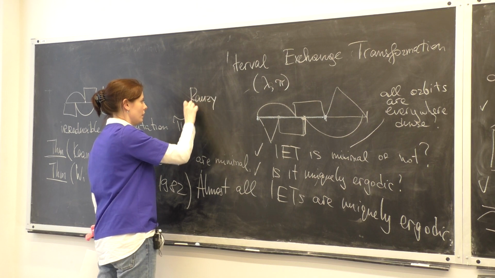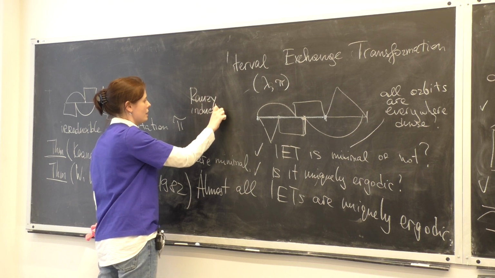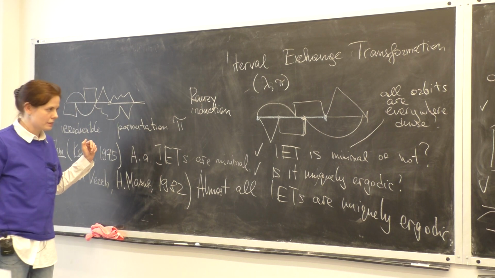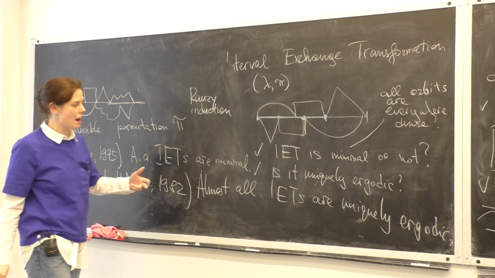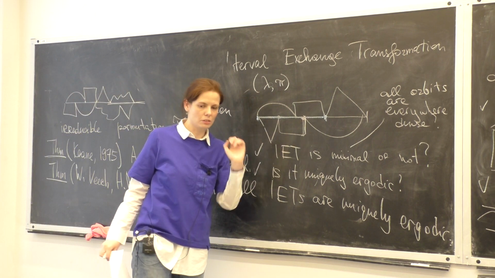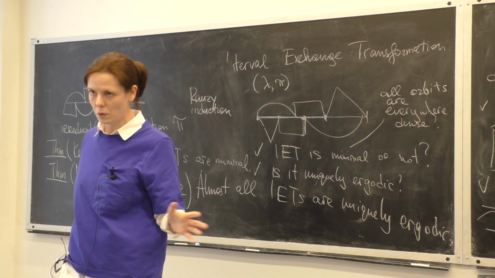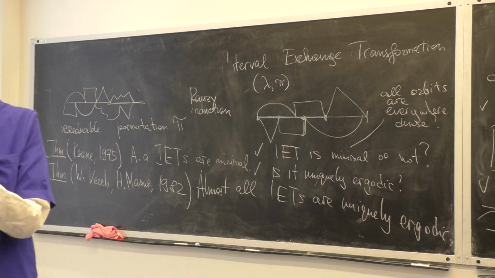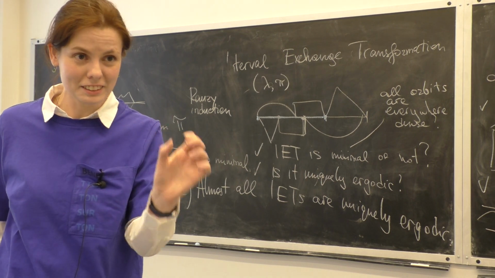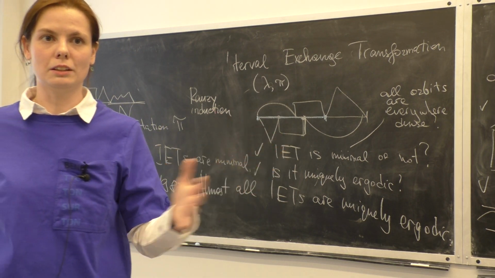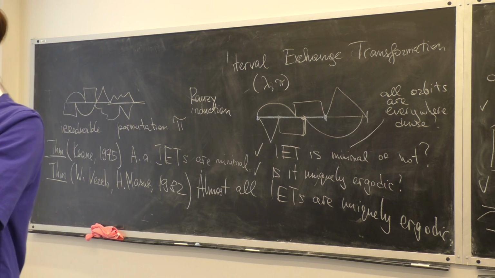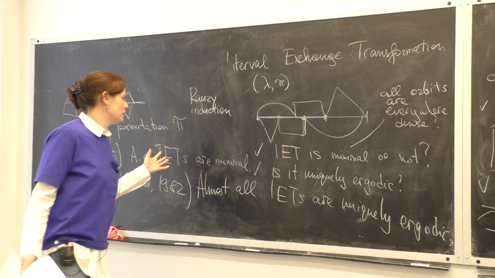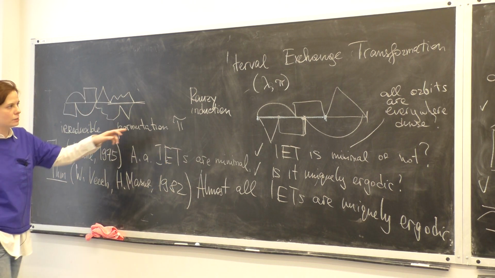So if you do not have any rational relationships between the lengths of your intervals, and so Keane's condition is satisfied, then you can run your Rauzy induction for as long as you want, and so it will allow you to build an interval exchange transformation on a very, very tiny interval, and so you are sure that you have minimality because you can enter every small neighborhood. Otherwise, you don't know how to proceed, so you don't know what to say in case Rauzy induction is not applicable.